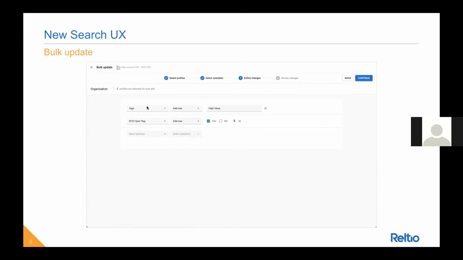So in this example, as you see, I want to add a new tag to multiple profiles. I can just define those changes here and go ahead and execute it. So I will go through each of these features in the demo and really demonstrate the power of our search